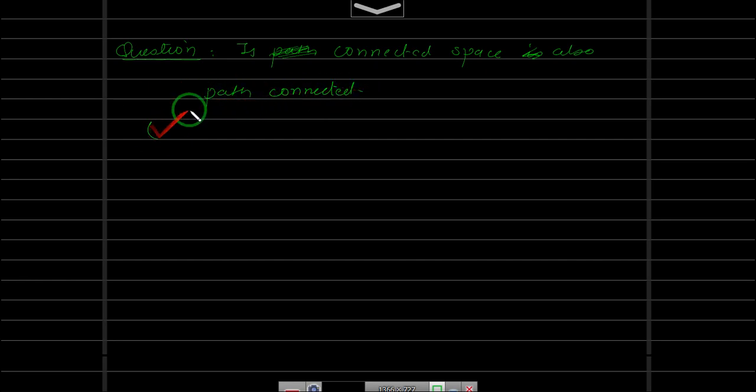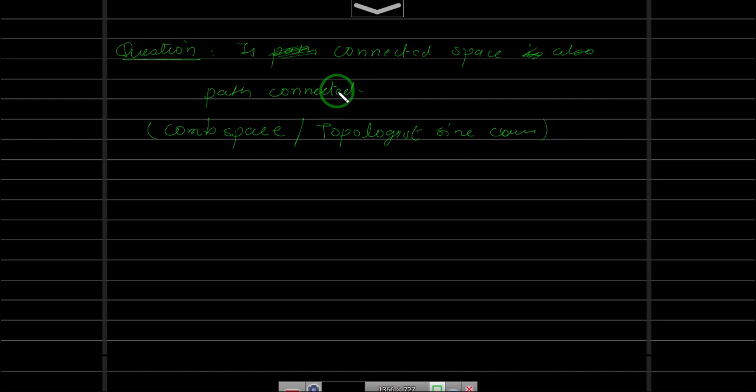And to get the answer to this, you can go for the Comb space. Check how we define the Comb space, or you can go for the topologist's sine curve, or you can go for the Bloom space, right? Comb space, Bloom space. So answer this question: if you have a connected space, is it necessarily path connected? We already proved that every path connected space is connected, and if you manage to show that every connected space is path connected, then it will be an if and only if statement. Okay, so answer this.